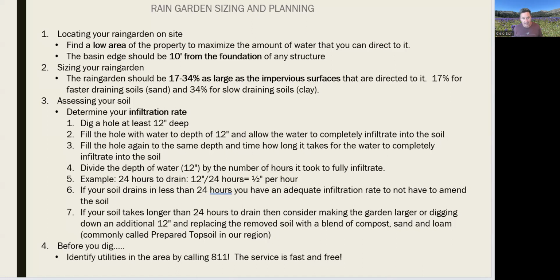If you have really clayey soil, then 34% of the impervious surface. So if you have 1,000 square feet of impervious surface that's getting directed to this area, and you have clayey soil, we do 1,000 square feet times 34%, we get 340 square feet is how big that basin should be, okay? Now, assessing your soil in order to determine this, the way that you can do this really simply,